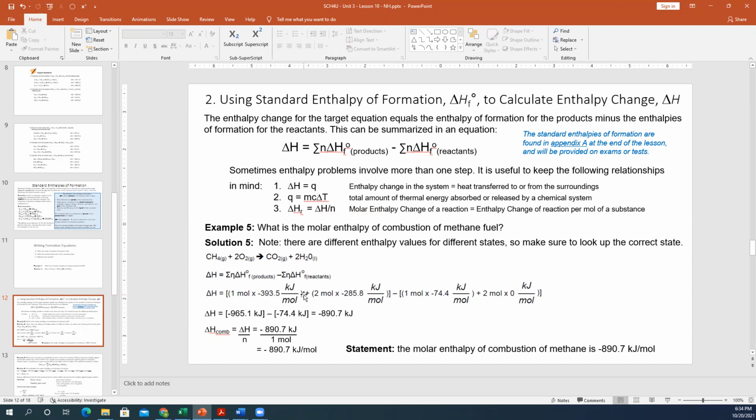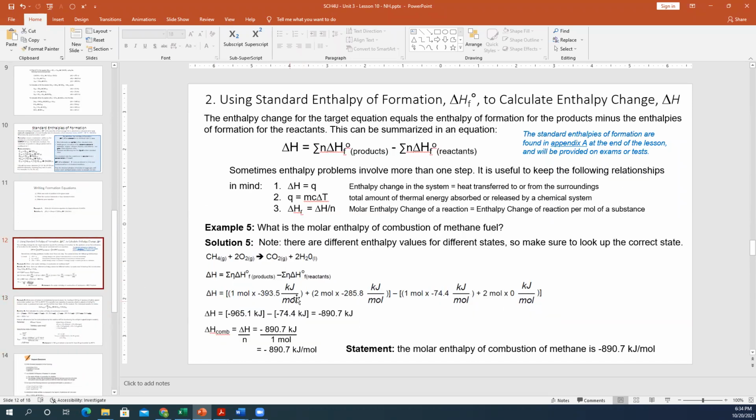I think this should also be gas. Okay, I will clarify that because there are values for both liquid and gas, and I can't remember which one I grabbed right now for this. Like I said, it's important to pay attention to whether or not there's liquid or gas. But anyhow, we make sure to also balance this equation. And balancing it takes 2 O2s plus 2 H2Os to balance this equation out. Then we use our equation